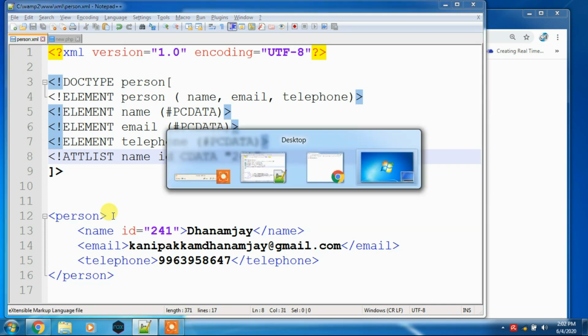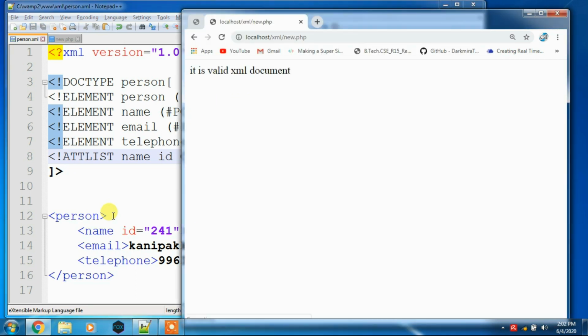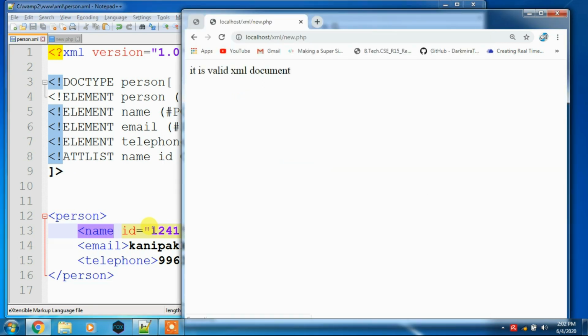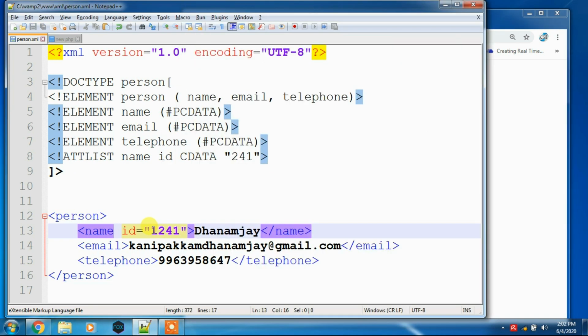Now check the output. Yes, it's also valid. Now if I want to change like this, if I am giving 1241, then whether it will check valid or invalid, it's also valid.